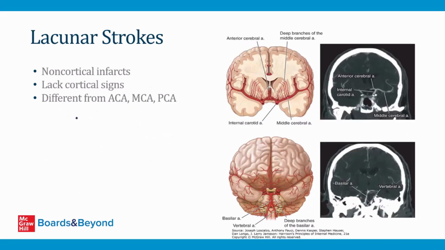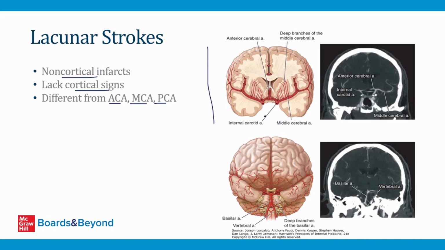Okay, so the infarctions from lacunar strokes, as I already mentioned on the last slide, are non-cortical infarcts. So you are never going to see cortical signs from a lacunar stroke. And if you understand that, that makes recognizing these strokes clinically so much easier. These strokes are very different from ACA, MCA, and PCA strokes that can have cortical signs and affect a large area of brain tissue. And so just to give you a picture in your mind, let's look at this image shown right here,